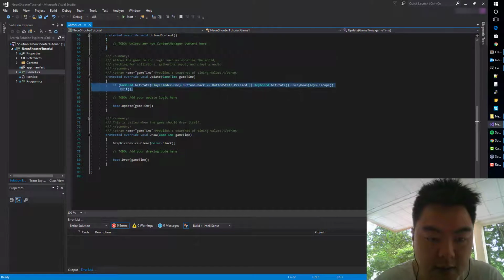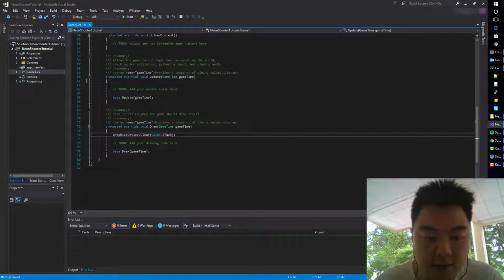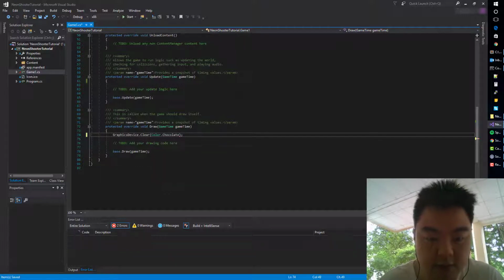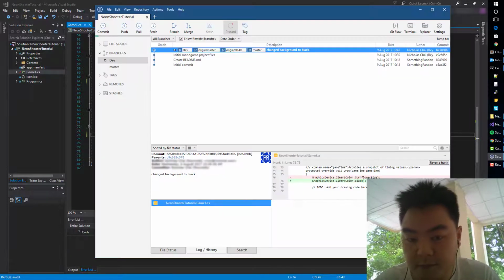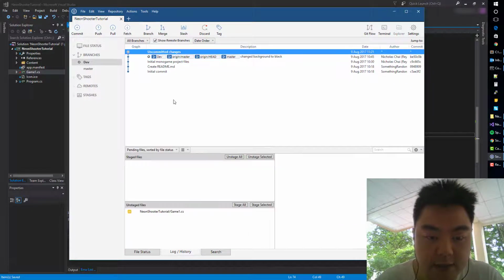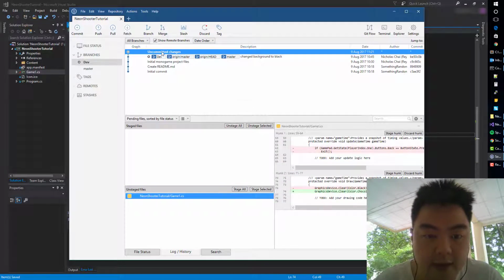So let's just go ahead and put one in. Let's say we'll get rid of this bit. Save that. And we've set that to black. I'm just going to set that to something else so you can see. Let's change that to chocolate. And we are looking at SourceTree. It's detected that our dev branch has some changes made to the game.cs. So have a look at that, and now as normal,